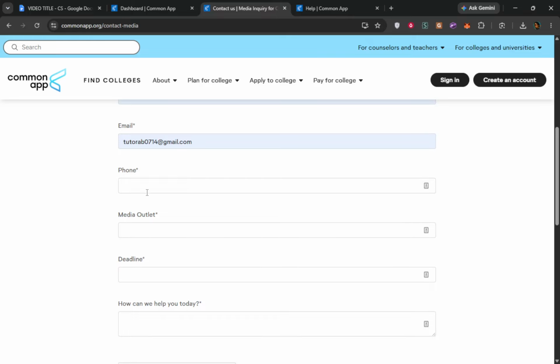After clicking Request Support, you will need to fill out the contact form with your account details. Here, you will enter information such as your name, email address, and a description of your issue. Be as specific as possible when describing your problem. This helps the support team understand your issue better. A clear description can lead to a faster resolution.